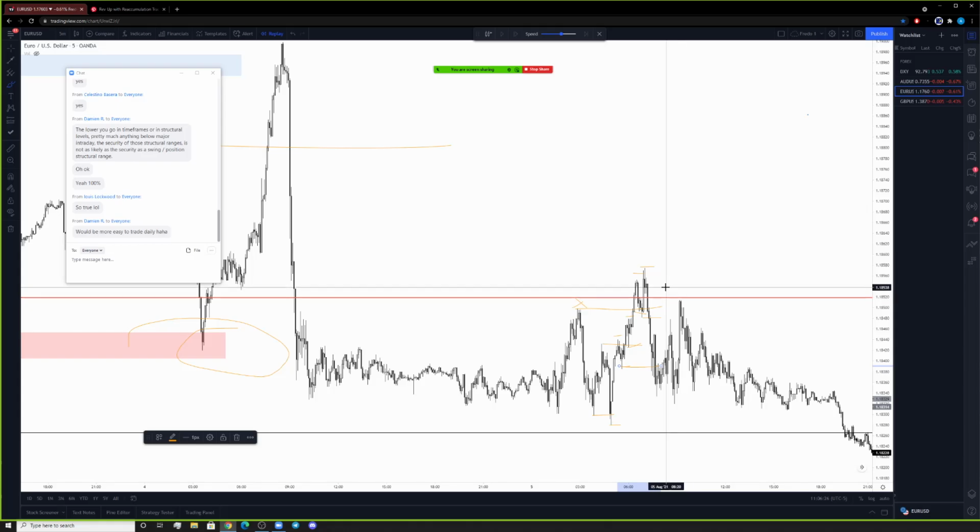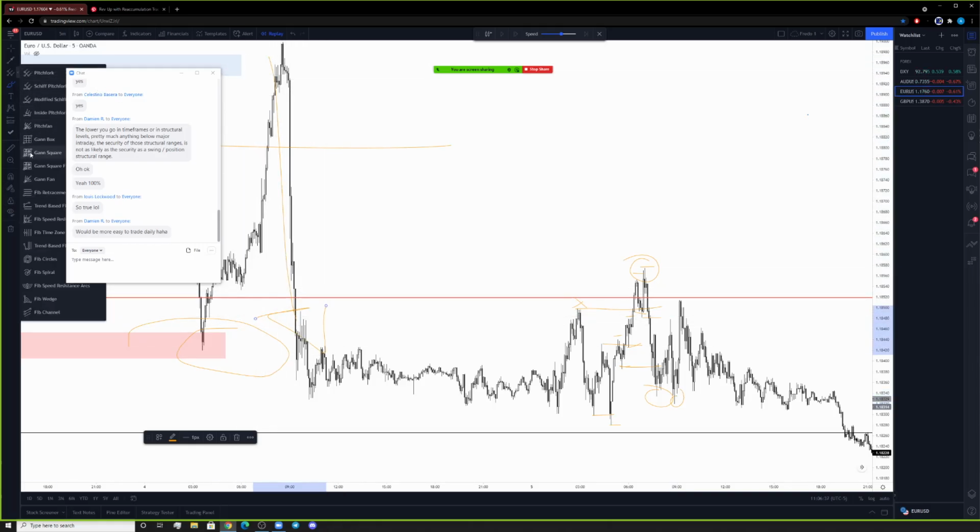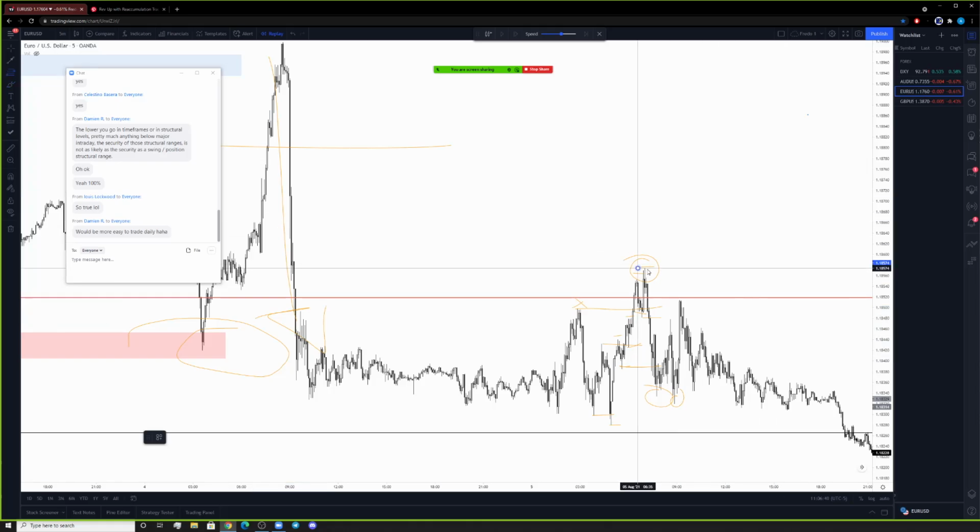So that means that your structural range, whether it's here or we come here, is now in alignment with this. So this is now why we anticipate in a